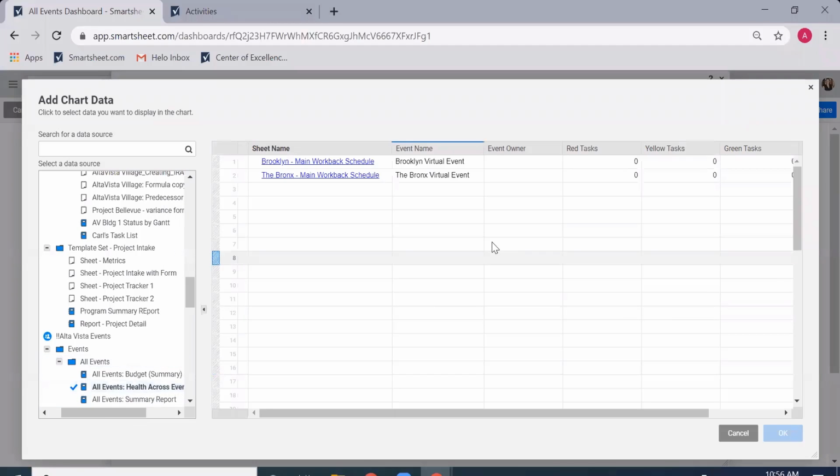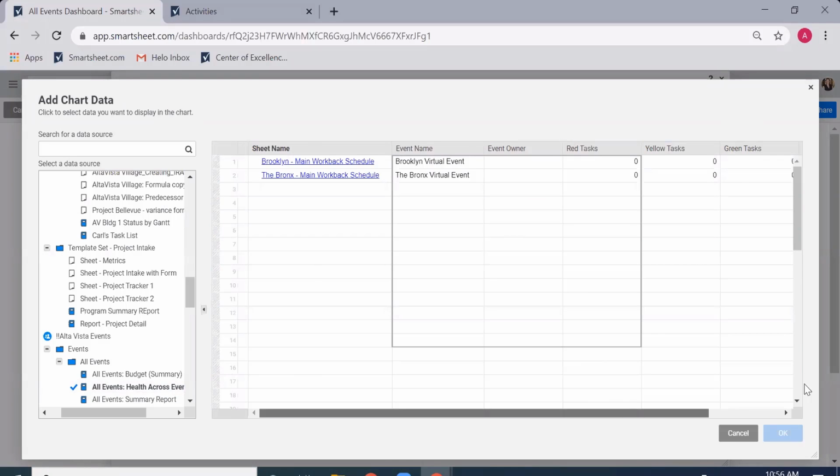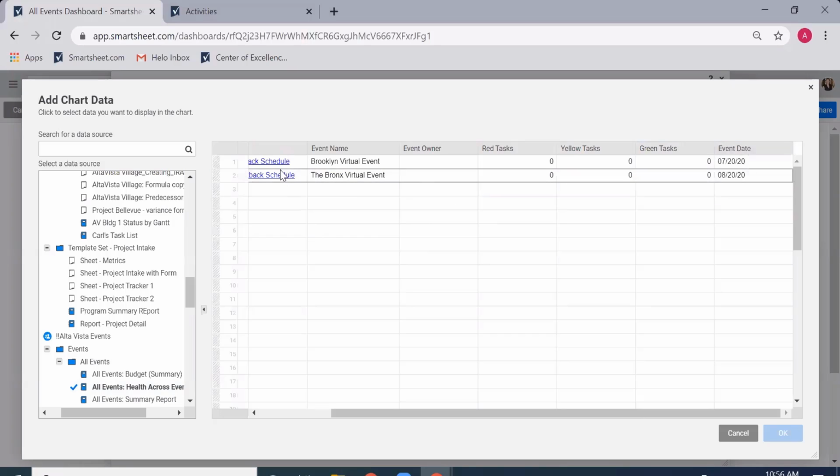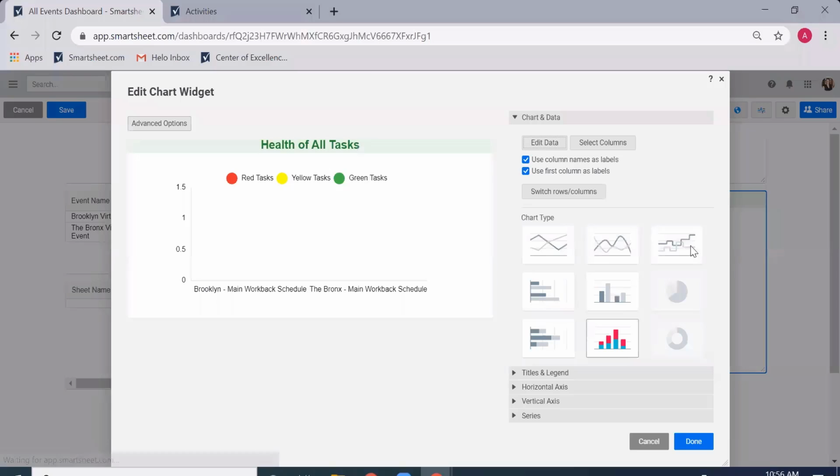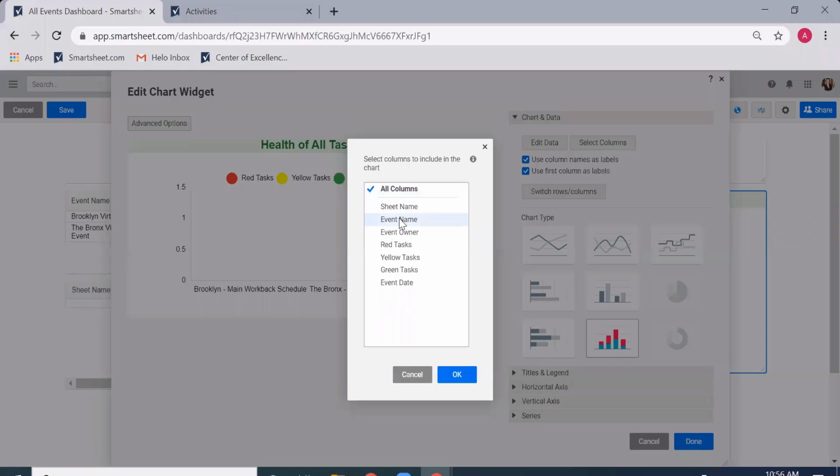This is pulling from a report, and when you pull information from a report, you do not get to choose the information. It pulls only from that area. So even if I were to try and do this, it's not going to let me. I just have to cancel out. But I can select the columns. And I'm going to say I want the event name, red, yellow, and green tasks to be the only ones that appear. And when I click OK,